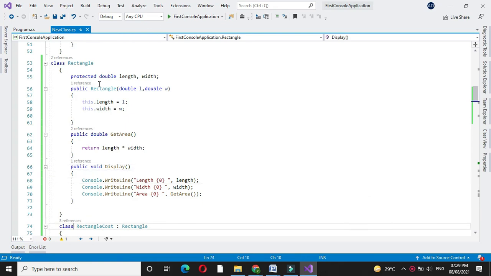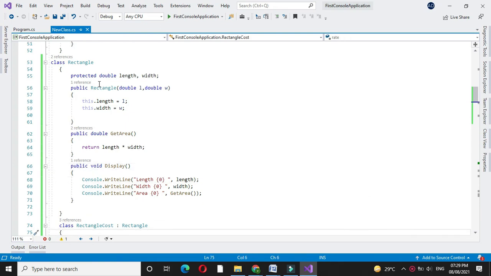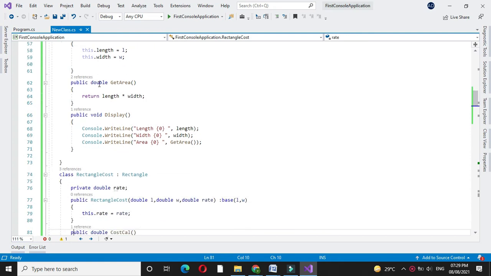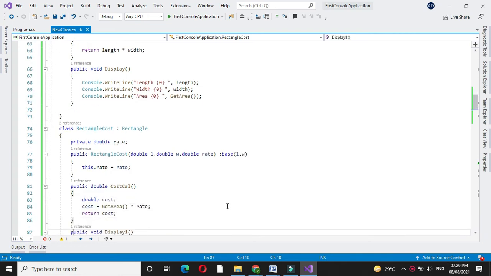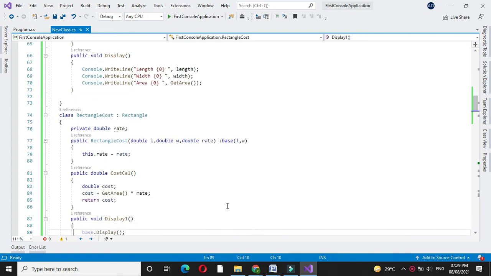Then I declared another class rectangle cost, which inherits the rectangle, and here in constructor of rectangle cost I declared three variables L, W, length, width and rate, in which length and width are inherited from our base class, that is rectangle class. Then I have calculated in costcal method and I have displayed this.